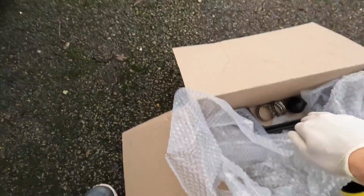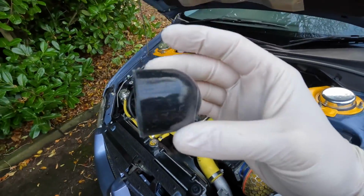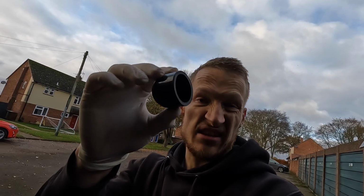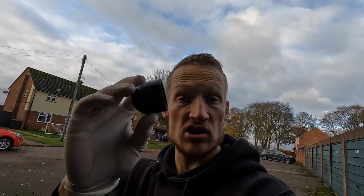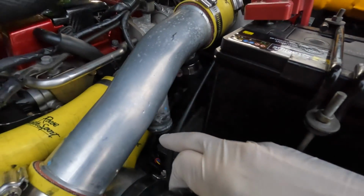So what that's going to be using is these. So these literally cost me let's say maybe 34 quid for two of them, just getting the right size. No, it was less than that. They were 34 mil. I can't remember how much they were. I just got them off eBay, but like I said, this is a temporary fix just to block up that there and then that one down there,